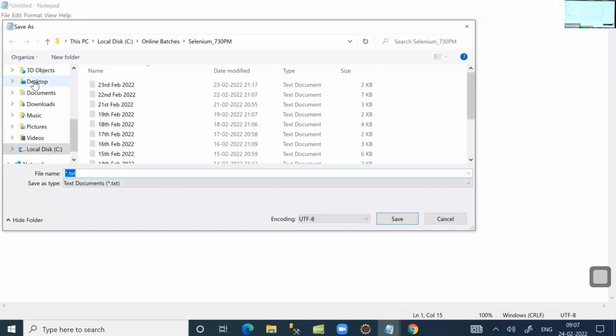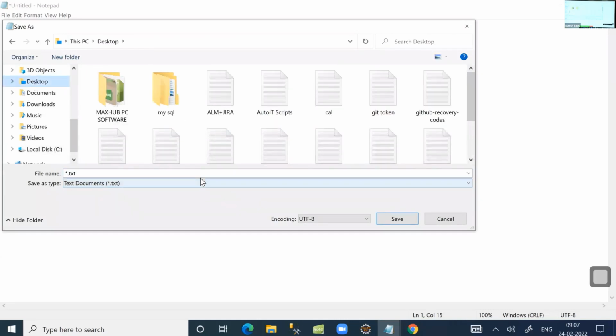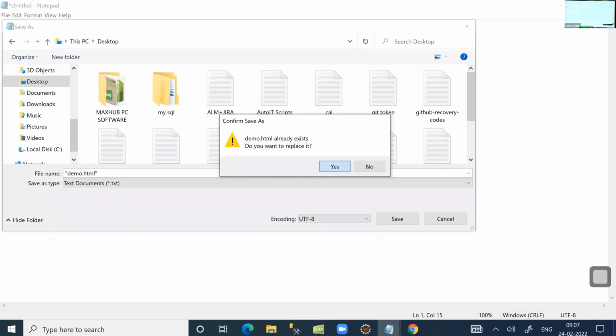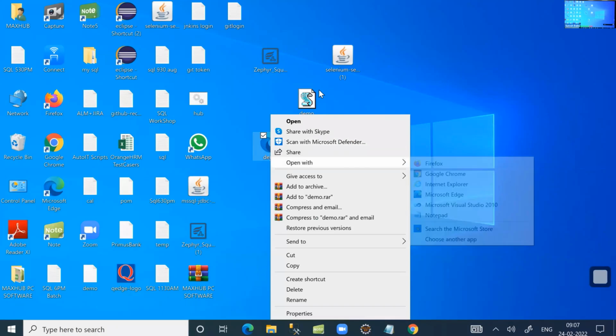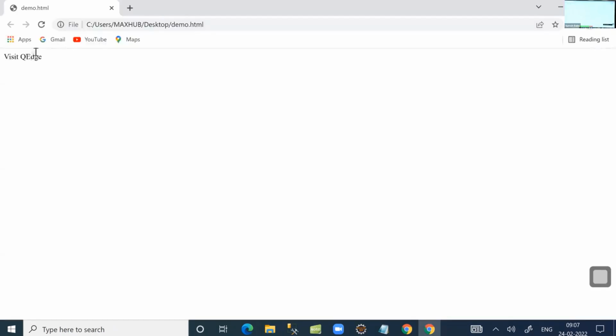I save it on my desktop with the name demo.html. It's an HTML page. This one. Visit keyword. Is it clickable? I created an anchor element only. No, but sir, it's not clickable